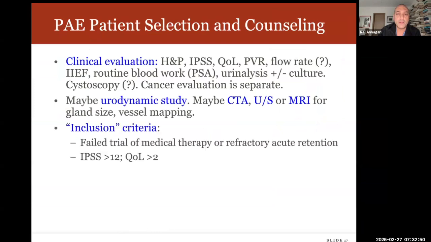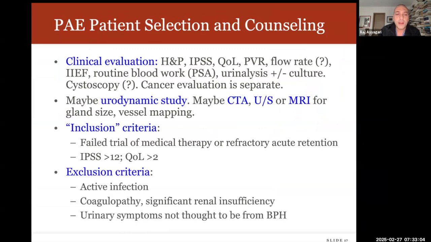We talked about the clinical evaluation. Lots of people will get CT angiograms or MRIs beforehand to map out the vessels and get the gland size. I don't think those are really necessarily important. I don't bother with them for the most part. And we talked about which patients are candidates. The one take-home message here is there are very few patients that are not good candidates for embolization as long as they have true BPH. So people with urinary retention with catheters in, people with gross hematuria from their prostate, and people with moderate range symptoms also. As long as they don't have an active urinary infection, severe renal insufficiency where they can't get the contrast, or a coagulopathy that really makes you scared to get into the arteries, really almost anyone will do quite well